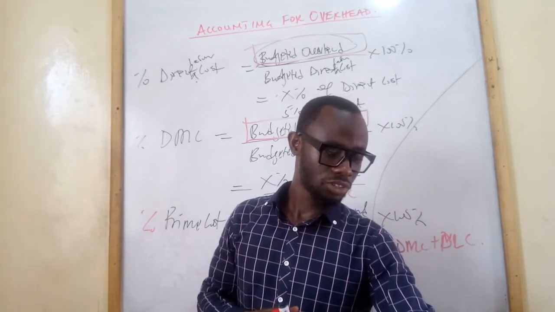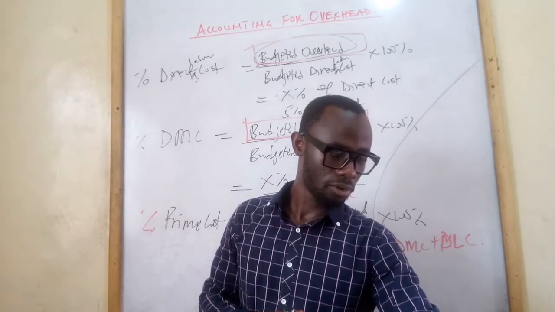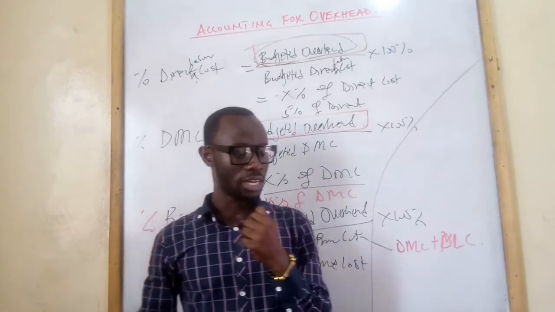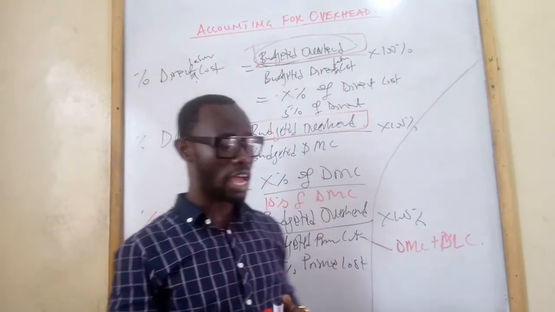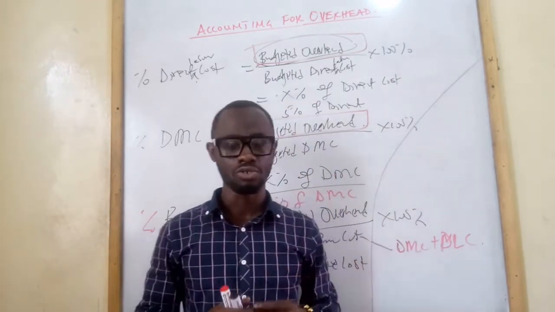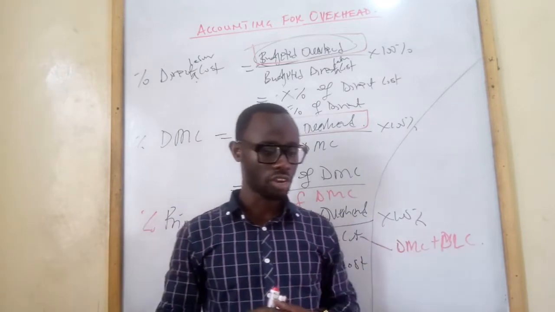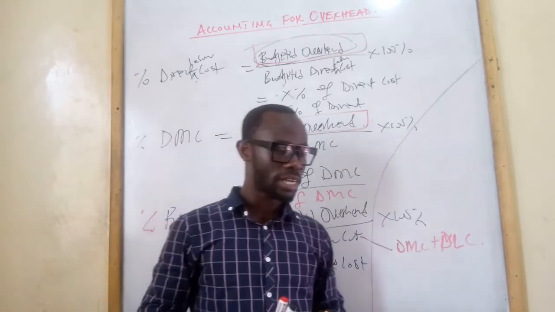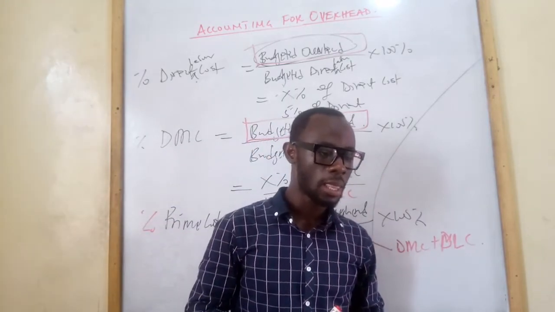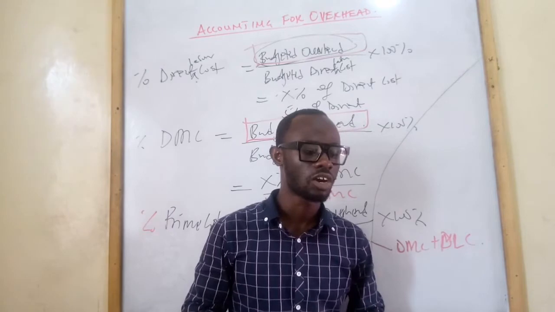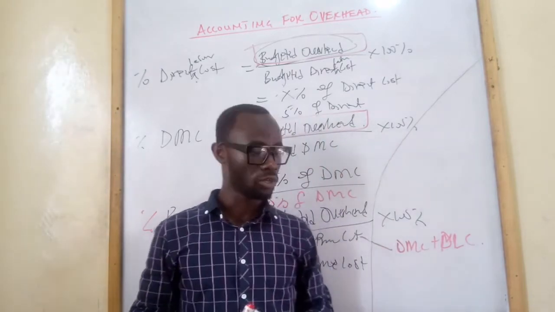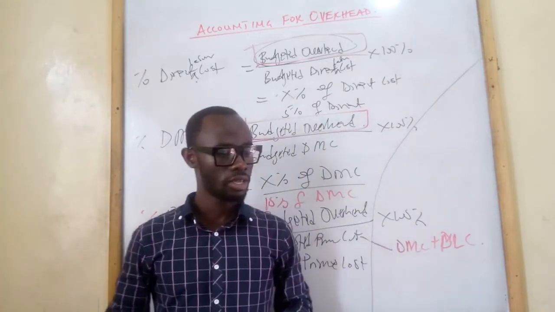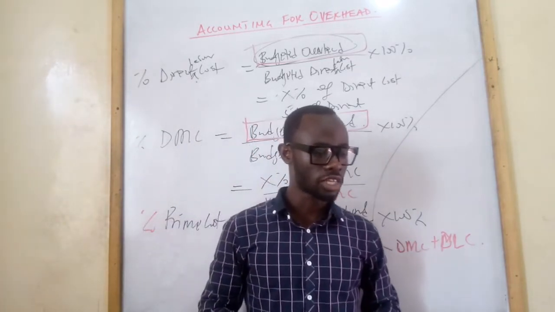So let's shift down to an example that I have there. Basically, in this example, it is just like what I have done already, so I'm not going to go through it with you, but it's a straightforward thing. The budgeted production overheads and other budget data of Bridge Cottage Company are as follows. Production Department A, Production Department B. The overhead costs is